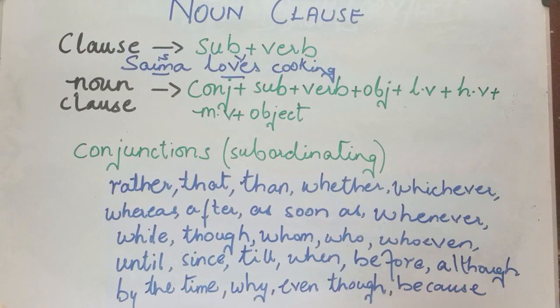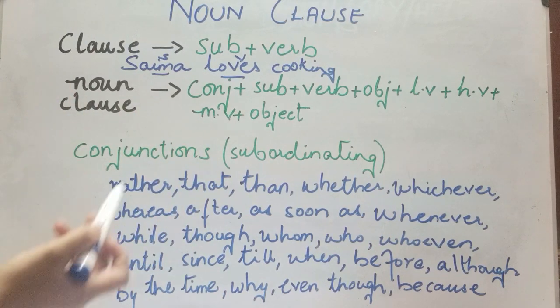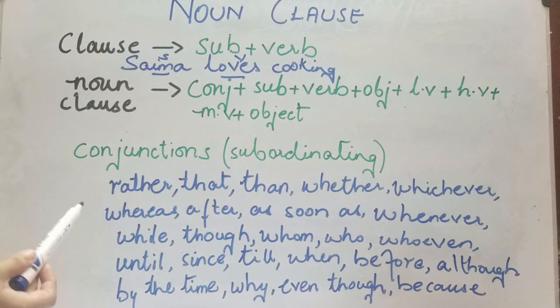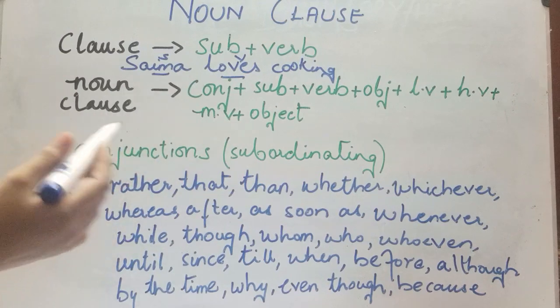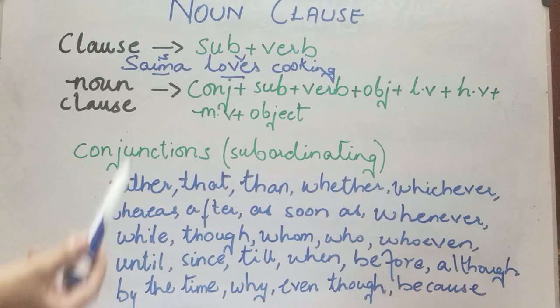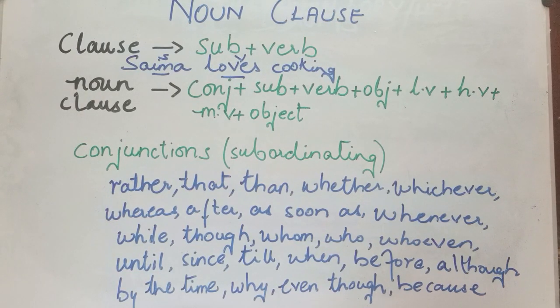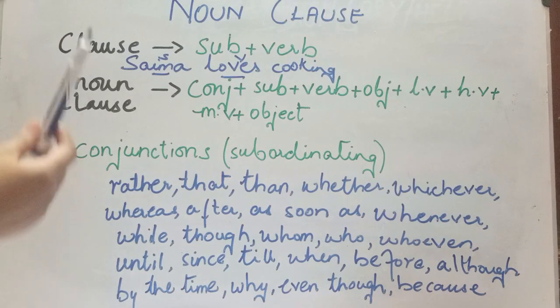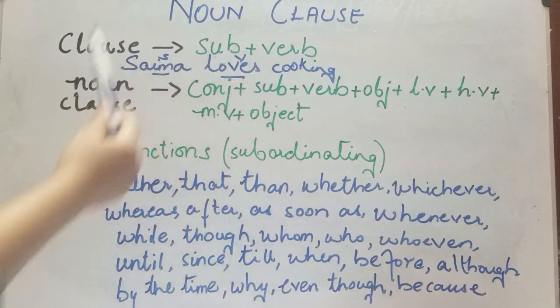A simple person who is going to read a newspaper sees lengthy sentences that are joined by conjunctions. Somewhere they might start with conjunctions, or somewhere in between the sentence they will find conjunctions. Okay, so what is a clause? A clause is basically a simple sentence that contains a subject and a verb.